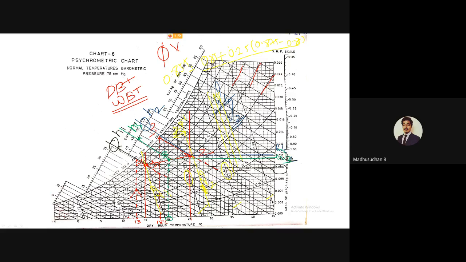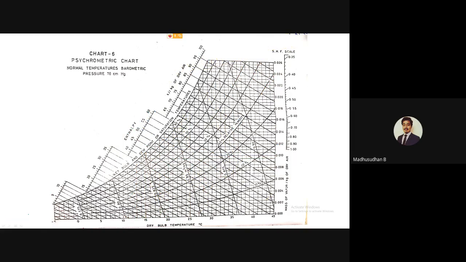Okay. Now how to find out the WBT? That is the question, right? So from the state point, trace the... let me clear all this so that it will be clear. Okay, so 20 degrees Celsius you have just drawn. Here there was one process coming in. This is state 1, state 2, and you have just spotted state 3, correct? So now we have to find out the WBT. How to find out the WBT at state 3? We'll be finding it now.